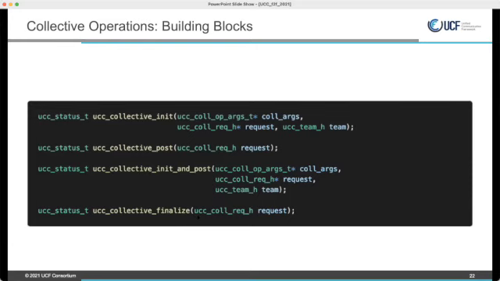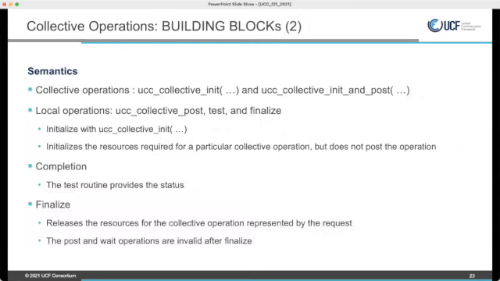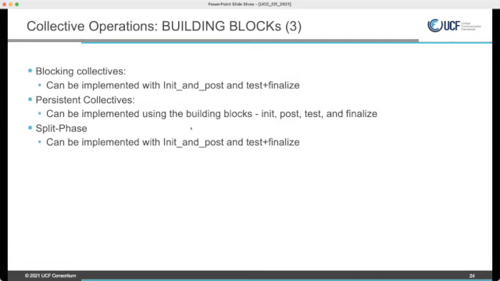So with this, right, let's see how we support different collective models. I can skip this and let me go here. Say if you want to build a blocking collective, right, we can implement it using the building blocks. For example, init and post plus test and finalize will give blocking collective semantics. For example, you want to implement persistent collectives, right?